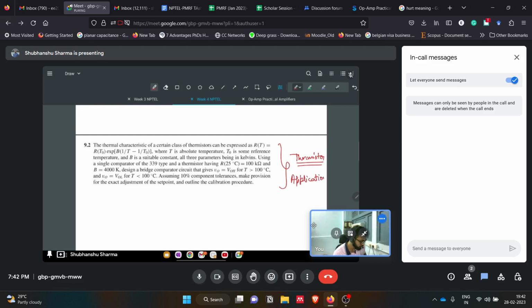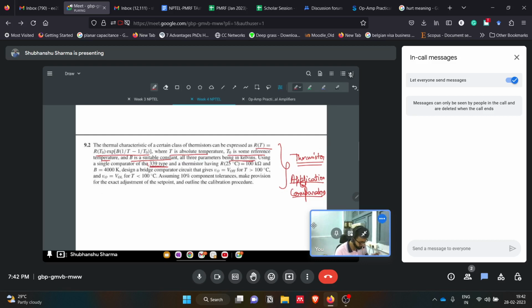Application of comparators. They have given that the resistance characteristic of the thermistor is given by this. T is the absolute temperature, T naught is some reference temperature, and B is some constant. These parameters are in Kelvin. They need 339 type, so this is basically LM339. They are talking about LM339 type